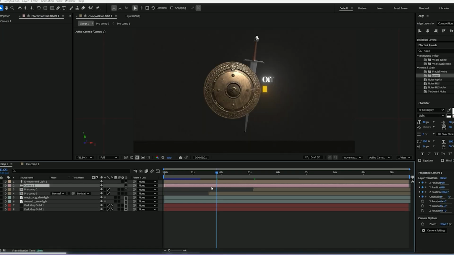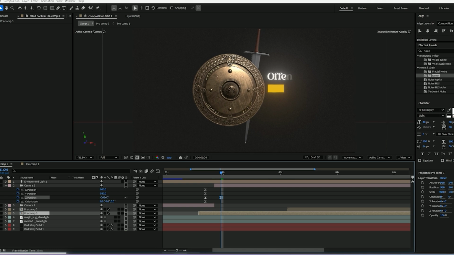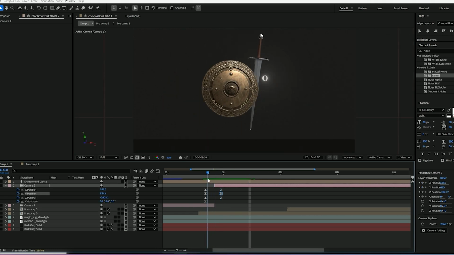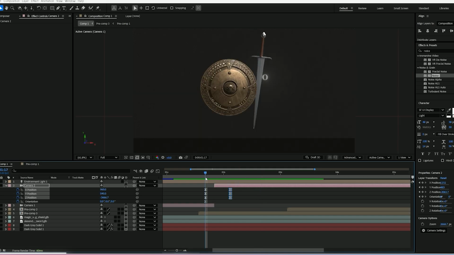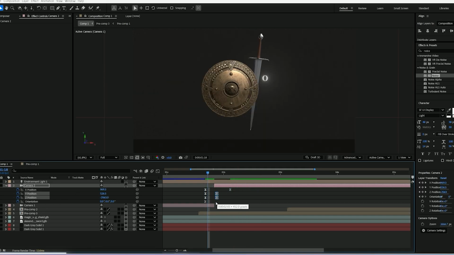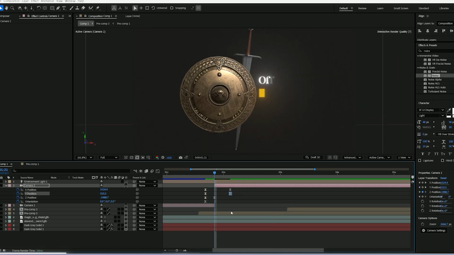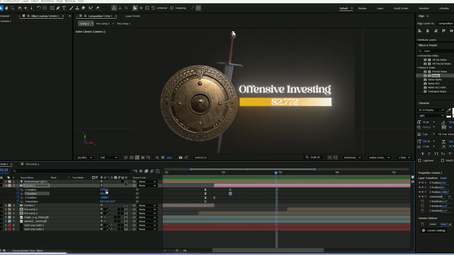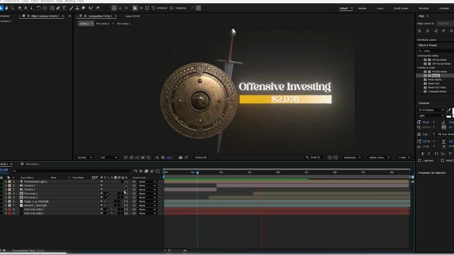Now it's time to apply jump cuts. For the jump cuts, go to the point where you need a jump cut. Split the camera layer, then move the animation keyframe a few frames backward. And when the jump cut appears, zoom in and move to the right or left side where the text moves in, making it a smooth animation. This thing takes a lot of time to understand how jump cuts actually work.